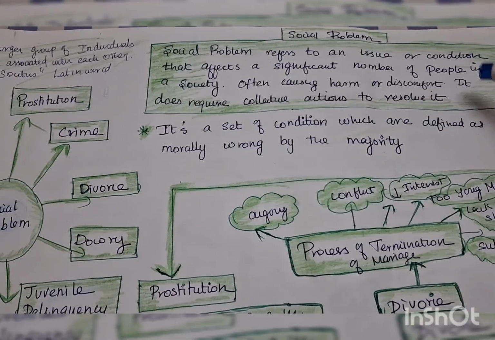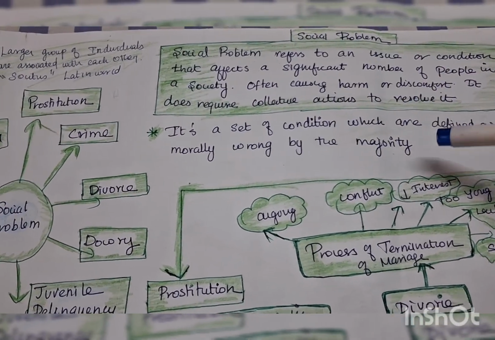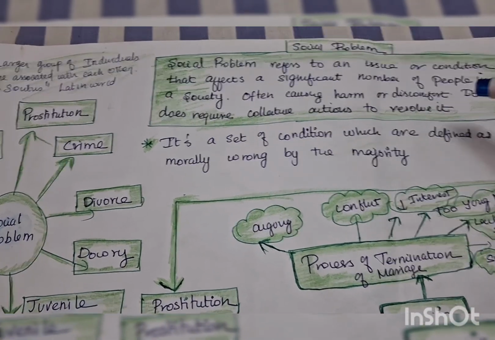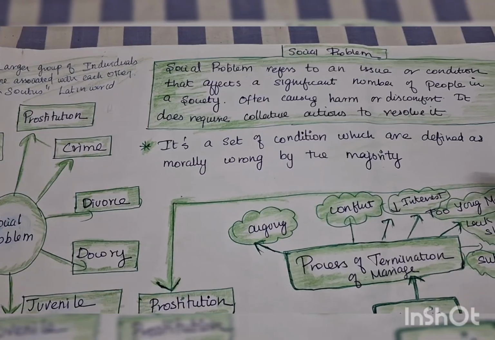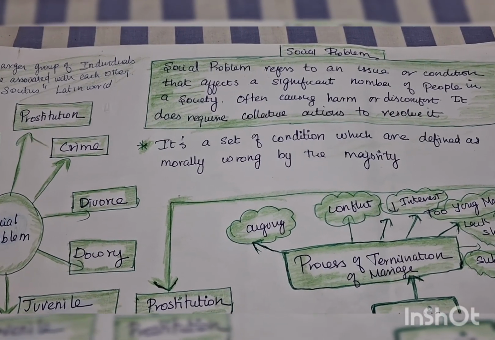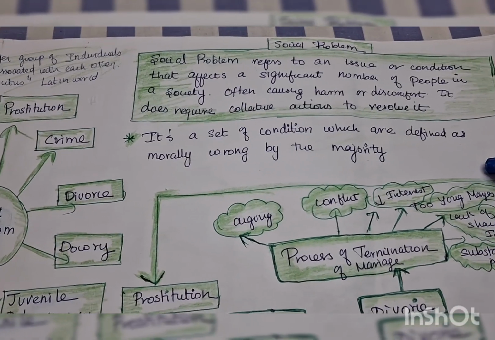The social problem refers to an issue or condition that affects a significant number of people in the society, often causing harm or discomfort in the society. It requires collective action to restore it. For example, what will happen to your health? If your health is not good, you will take a collective action, going to the doctor and correcting